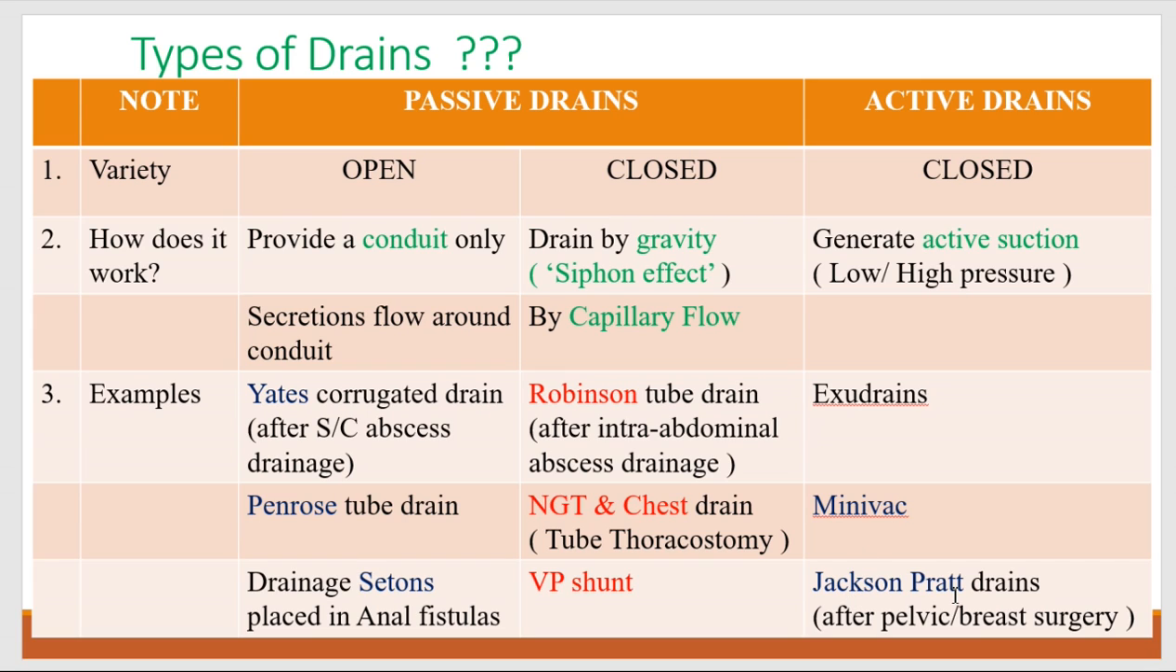Another example is Jackson-Pratt drains. Very important. Very commonly asked as a multiple choice question: this Jackson-Pratt drain is used in which surgery? 1, 2, 3, 4. So these Jackson-Pratt drains are an example of the closed active variety, and they are commonly used after any extensive pelvic surgery